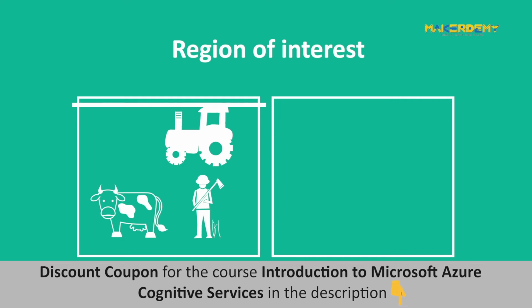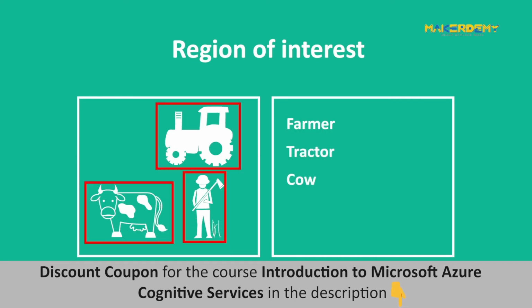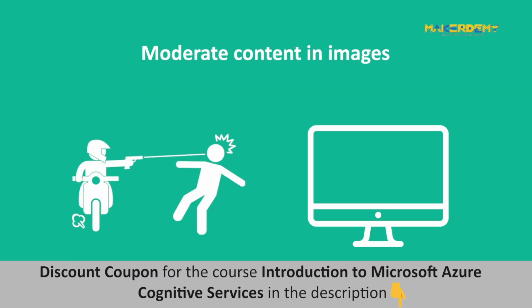Region of interest. The API can analyze the contents of an image to return the coordinates of the area of interest. Bounding box coordinates of the region are returned for the app to modify the original image as per its needs, thereby cutting down the process of cropping the image and generating a thumbnail. Moderate content in images. You can use Computer Vision to also detect adult content in an image and return the confidence scores for different classifications.